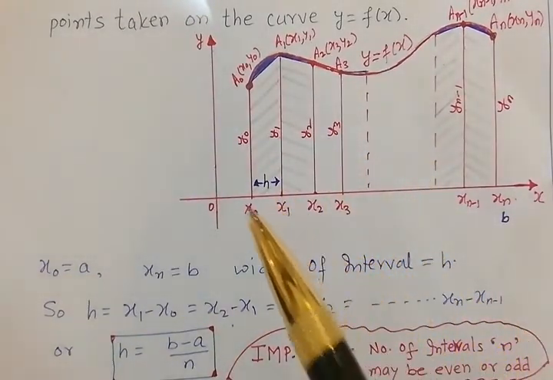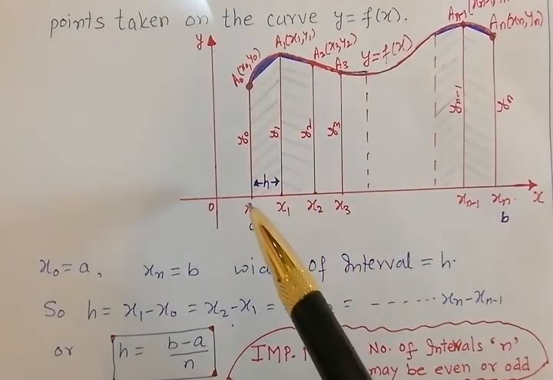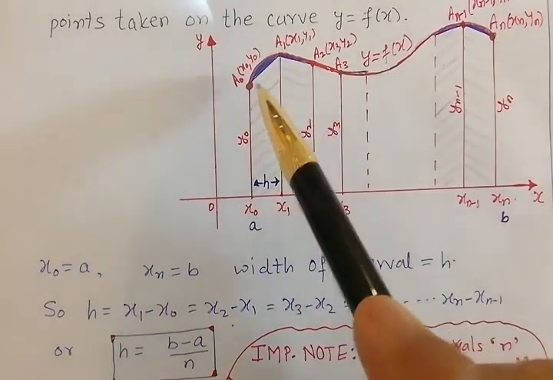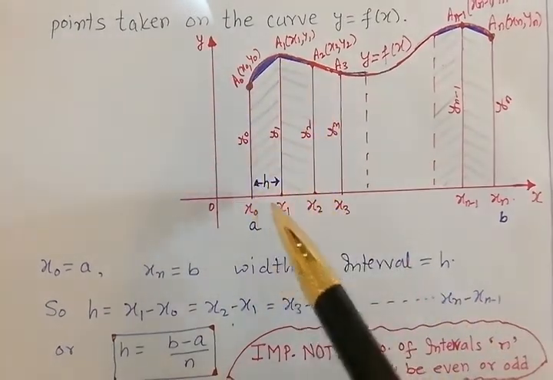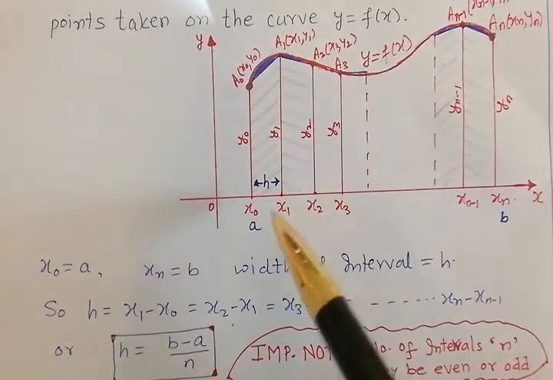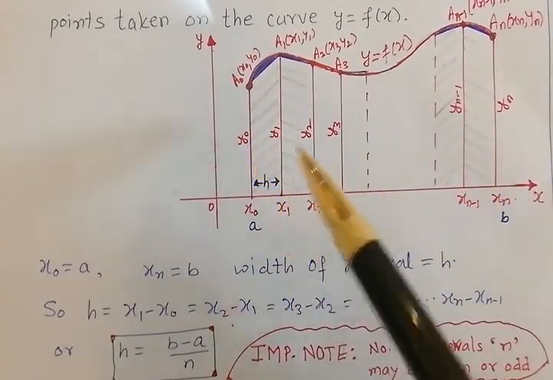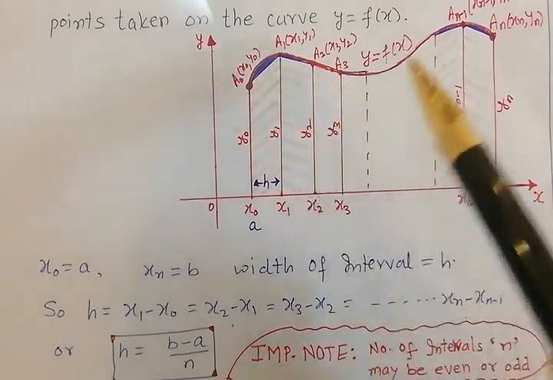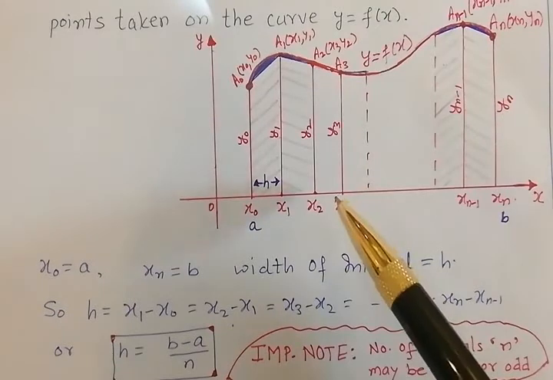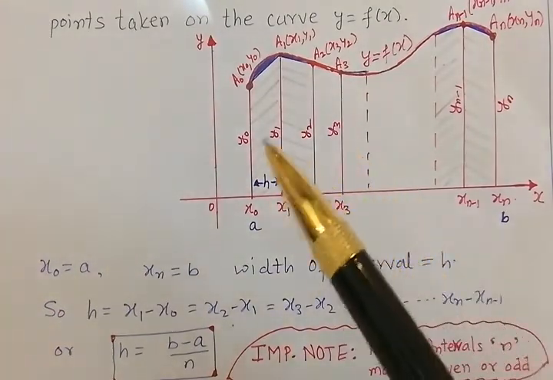Let us focus on the first strip. You can see that the strip is in the shape of a trapezium. You see these two parallel sides and this is the perpendicular distance. This is called a trapezium. So these are the trapeziums. If you add all the areas of all strips, then you can get the entire area covered by this curve under the x-axis. How do we calculate this?